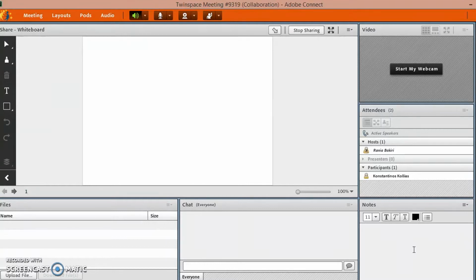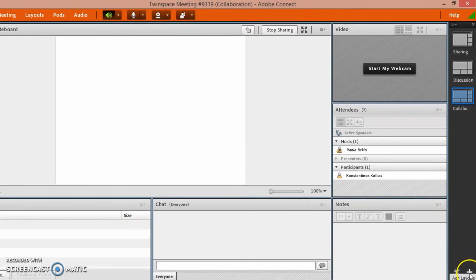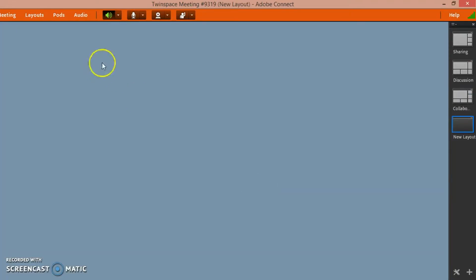Now, if a host is experienced enough and he or she believes that they're not satisfied with these three layouts, then here at the bottom we can see that there is a cross that means add layout. So somebody can create a new layout and adjust it to the purposes of each meeting. So here we can have the name, so maybe we can have the name of the project. So if we click on OK, we see that there is a blank layout,